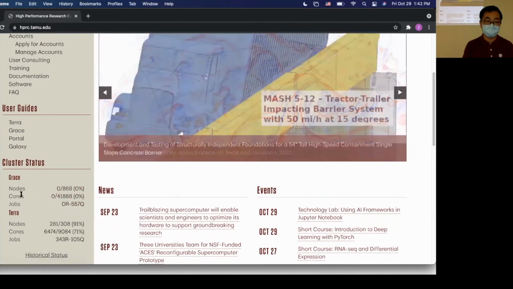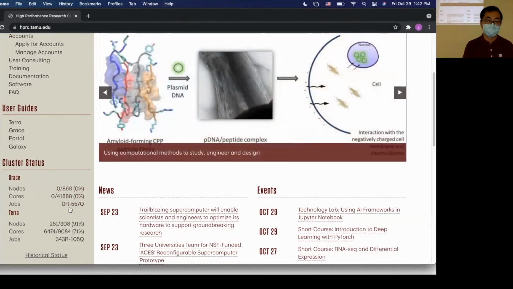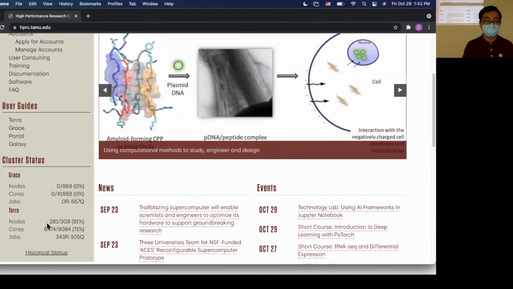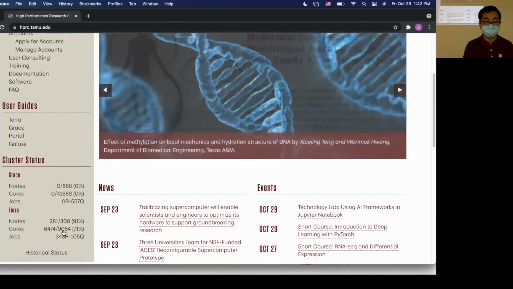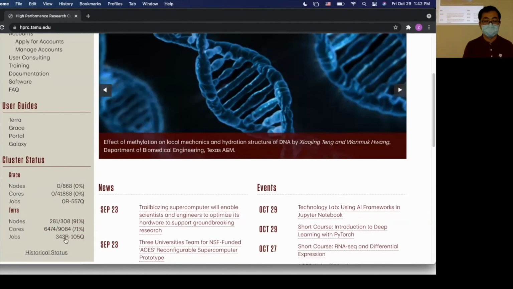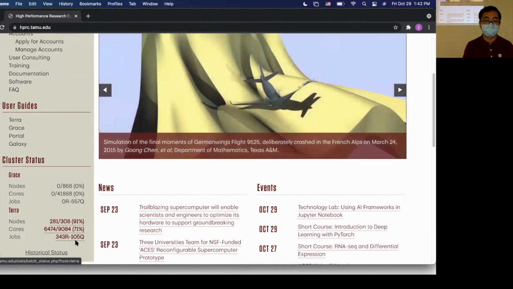You can see actually no jobs are running on Grace today because it's under maintenance. Also you can see our Terra cluster. We have how many nodes are active, how many cores are active, and also how many jobs. We have about 343 jobs running on our Terra cluster now, and we have about 105 jobs in queue.